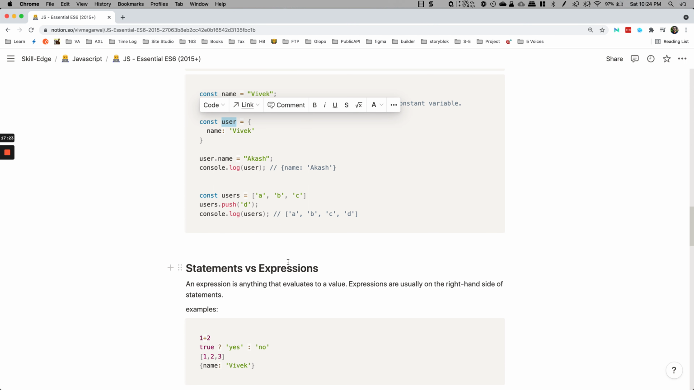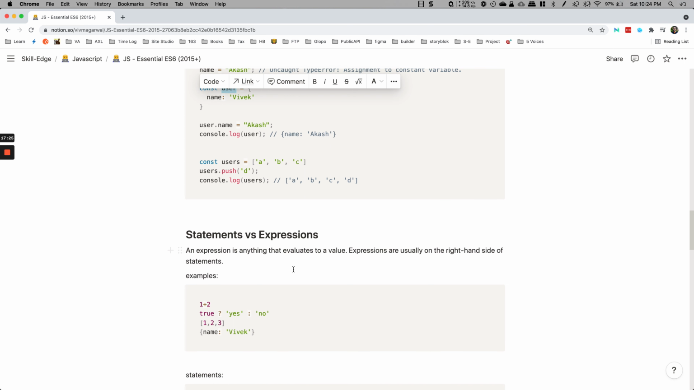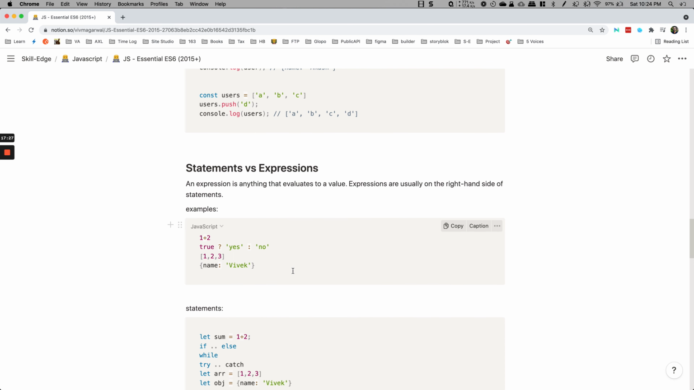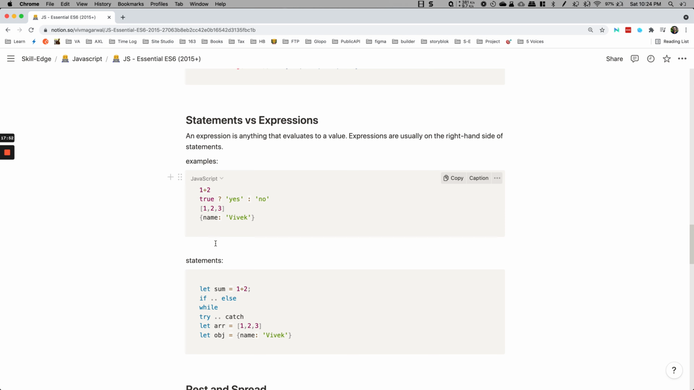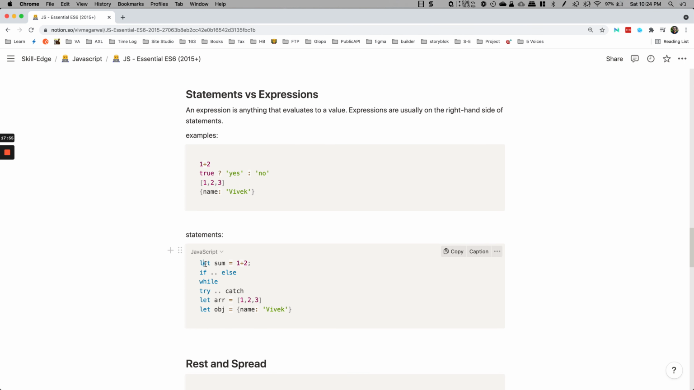Next, statements versus expressions. Again, friends, this is something you will see a lot in React, that statements are not allowed here, only expressions are allowed. So an expression is anything that evaluates to a value, and they are usually on the right hand side of statements. So for example, if you see let sum equals 1 plus 2, okay, so this is a statement,